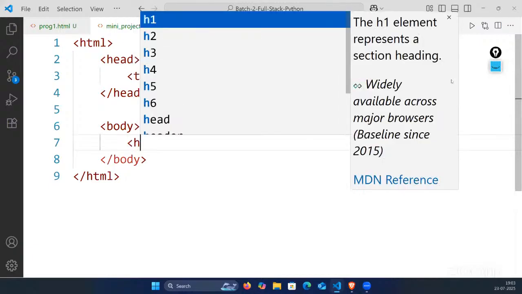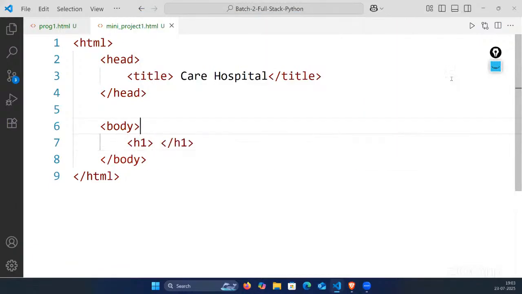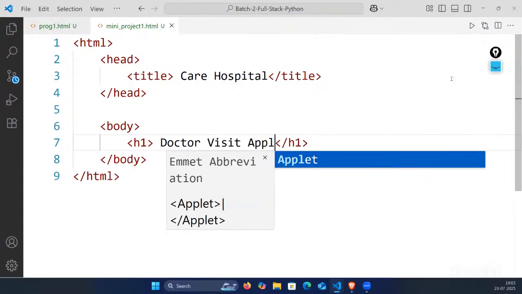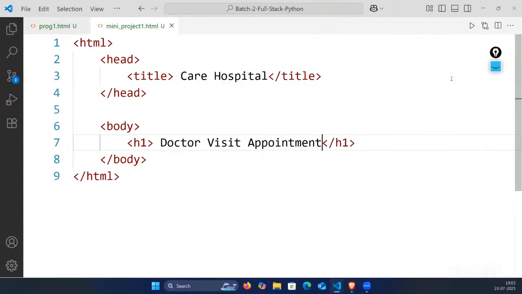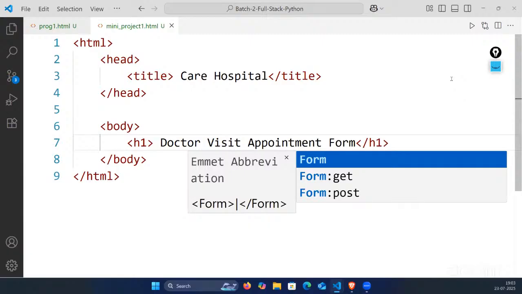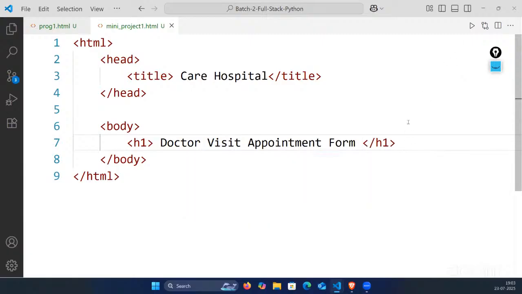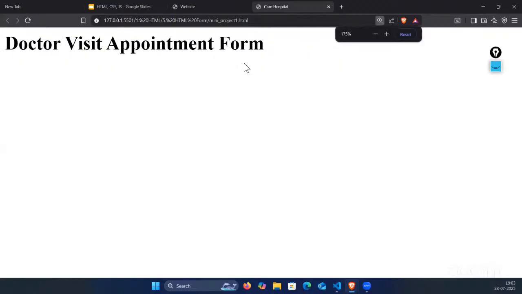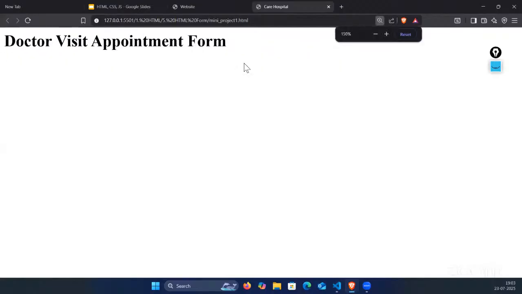And first I'll take this H1 tag and I'll write something like doctor visit appointment form, right? So let's see our output. So we got our output. It is saying doctor visit appointment form. Fine. Okay. So next